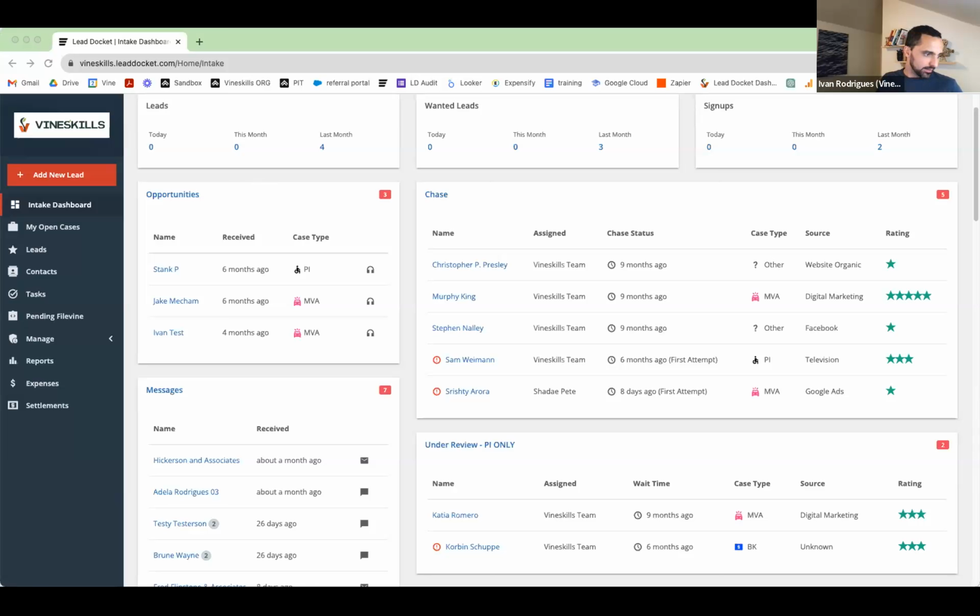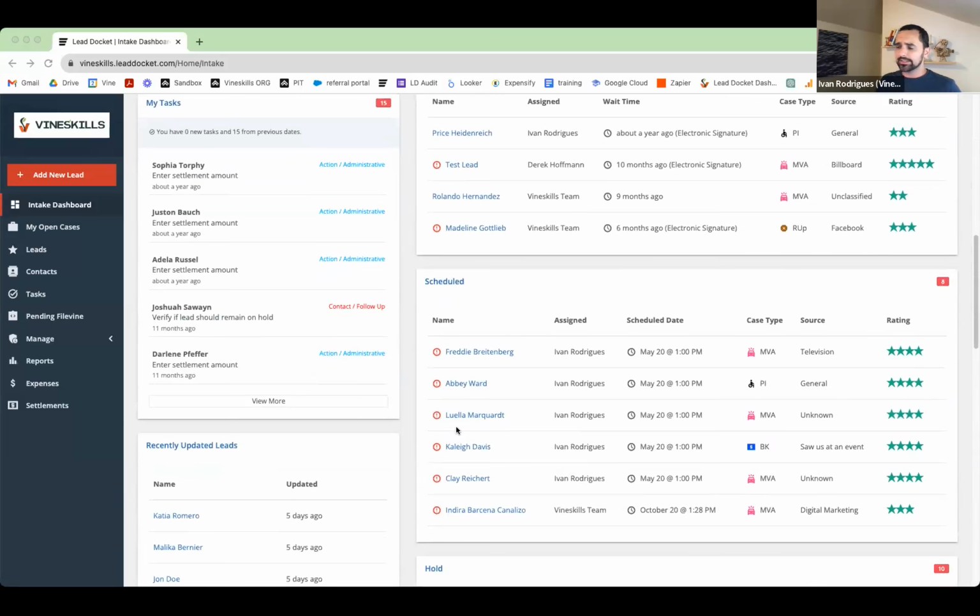So that being said, actually on the dashboard there, you can see any of these exclamation points actually indicate a task that is not completed in time on this lead, right? So if you ever see these exclamation points, sometimes there's a good reason for it, and sometimes they're only late a few minutes. If you go into your dashboard right now, into your Lead Docket, you see this and you freak out because your team is dropping the ball. Not necessarily. Some of these tasks may be set in a way that they are making your team look bad and they're just being late all the time, which I think brings us to our second point, which is